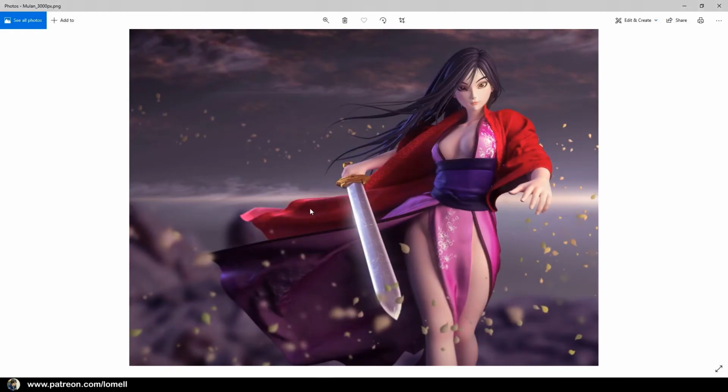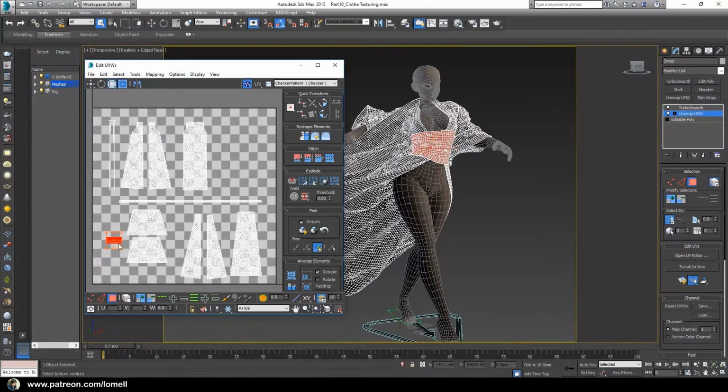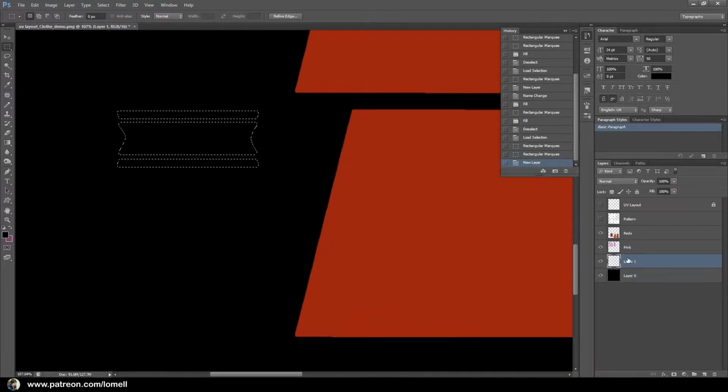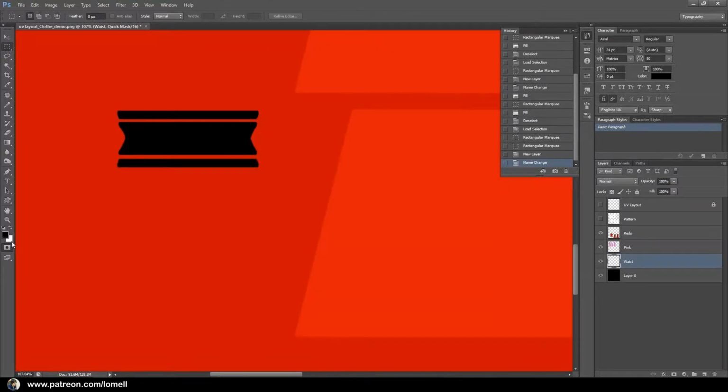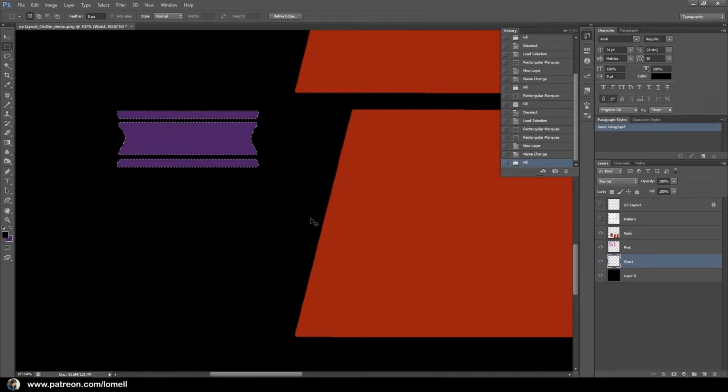And now let's go back to 3ds Max and select this cloud pattern. So here is the cloud just at the waist area. Go back to Photoshop, select this and minus selection. Okay, and create another layer and name it waist, and I want to fill that with purple color, dark purple,